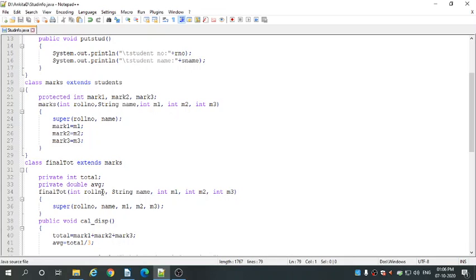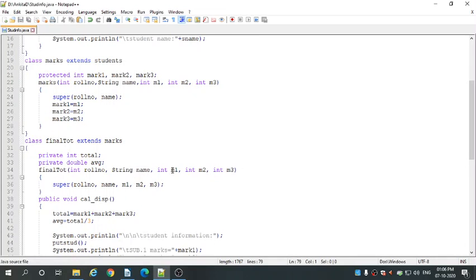Then comes the final total constructor. In this constructor, we are passing roll number, string name, int m1, int m2, and int m3, that is mark 1, mark 2, and mark 3. In this constructor, we are calling the superclass constructor. Here final total is a subclass and it is extending marks, that is a superclass.